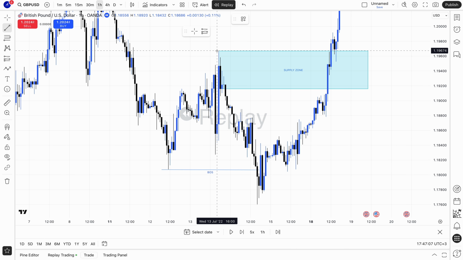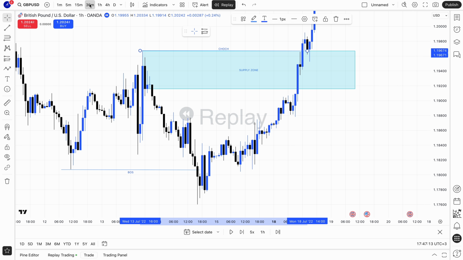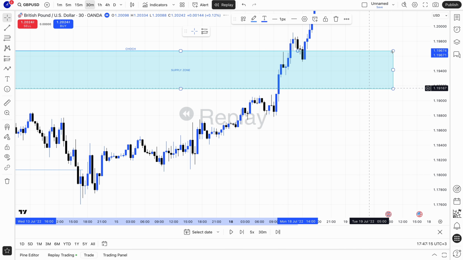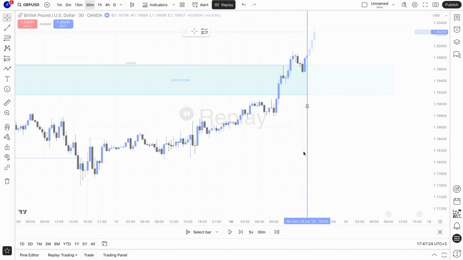So this is a change of character to the upside, external structure. And this is our, let's see, clean. How do we enter this trade? It's very, very simple. You can see,